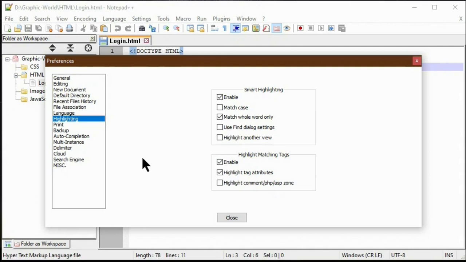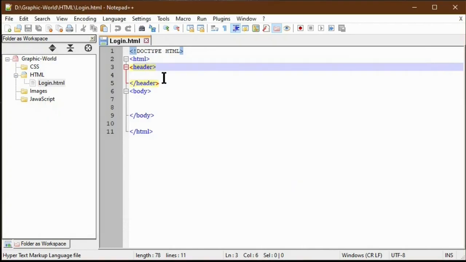In the same way, suppose I am highlighting some attribute like SRC, then automatically wherever the SRC source attribute is, it will automatically highlight the matching attributes. This color theme we can also change as per our requirement and convenience. In this video we are going to see highlighting colors as well as the color themes for individual tags. We are going to look into that.